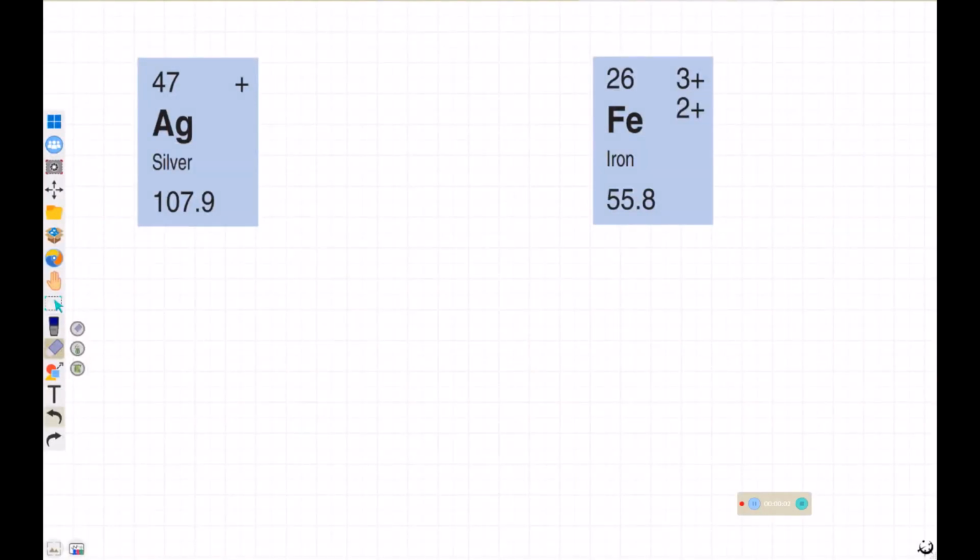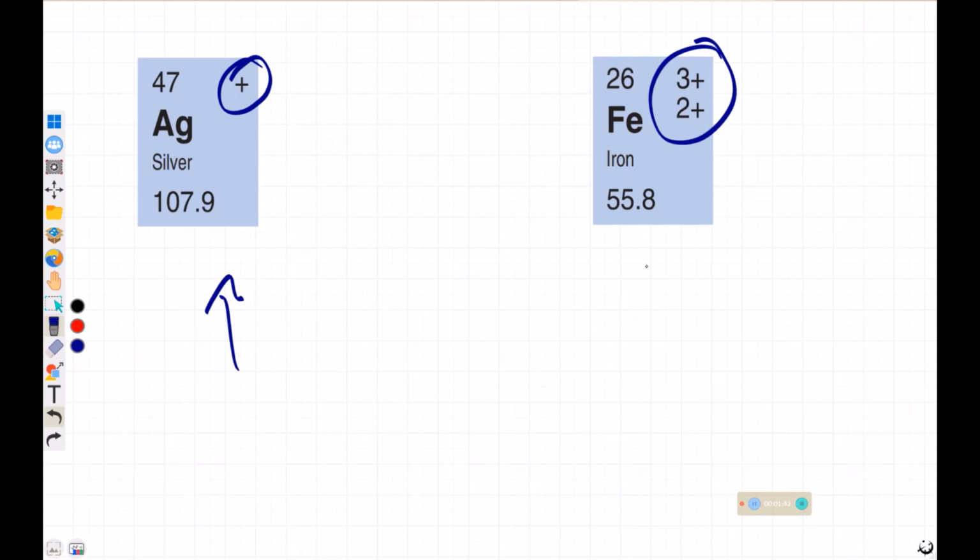This is the final video in my series on naming ionic compounds. As I mentioned in the first video for naming simple ionic compounds, I was mainly showing you metals that only have a single ionic charge. However, when working with a metal with multiple ionic charges like iron has here, there is an extra step that